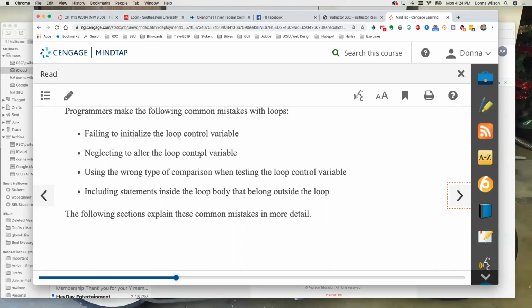Neglecting to alter the loop control variable. And that's done in the detail. Using the wrong type of comparison when testing the loop control variable. Okay, so if it's a 0 that you're testing for, then you have to use a numeric variable. If it's name that you're testing for, then you want to use a variable that is